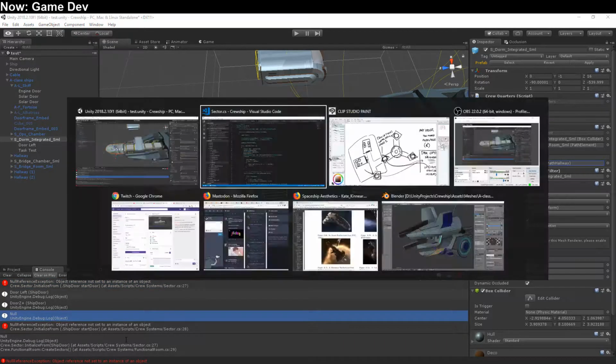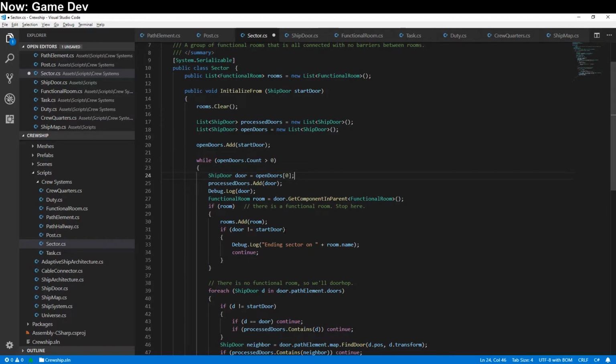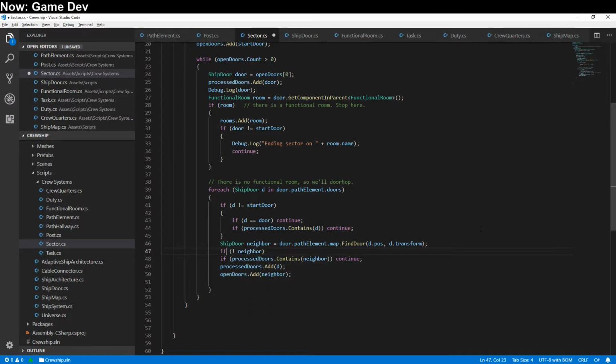No. Okay, so somehow... Oh, I see what the problem is. I'm adding the other side of the door, even if there's no other side of the door. Of course, I kind of forgot that the neighbor has to exist, so if not neighbor... So if there is no door, which is something that happens a lot, especially if you're talking about hallways...